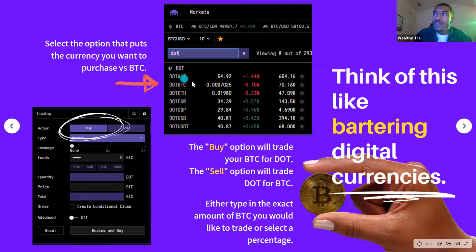You got DOT AUD, y'all know that's the Australian dollar. You got BTC, that's Bitcoin. You got ETH, that's Ethereum. So as you guys can see, we're just looking at a giant crypto exchange. But once you deposit your Bitcoin, that's the only currency you have to exchange with. So you start typing in your abbreviation, you want to click on where it says DOT BTC. Okay. Once you click on that,